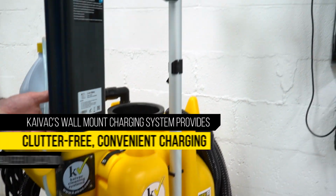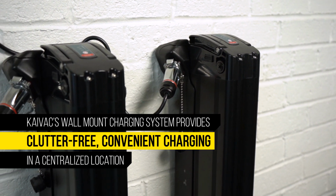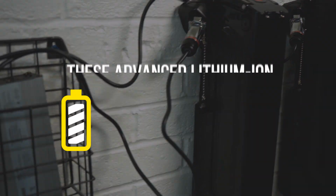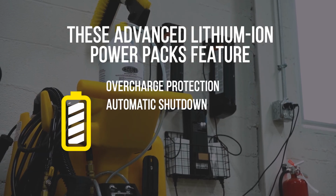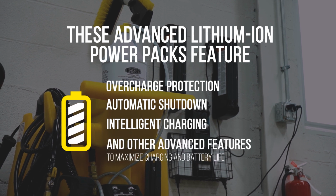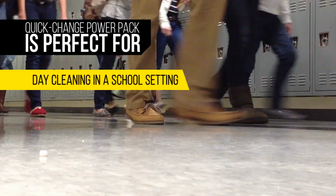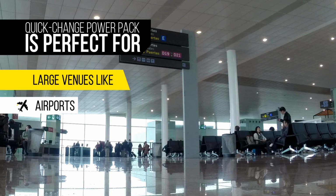And Kaivac's wall-mounted charging system options provide clutter-free, convenient battery charging in a centralized location. These advanced lithium-ion power packs feature overcharge protection, automatic shutdown, intelligent charging, and other features to maximize charging and battery life. The Quick Charge Power Pack is perfect for daytime cleaning in a school setting, large venues like airports, stadiums,